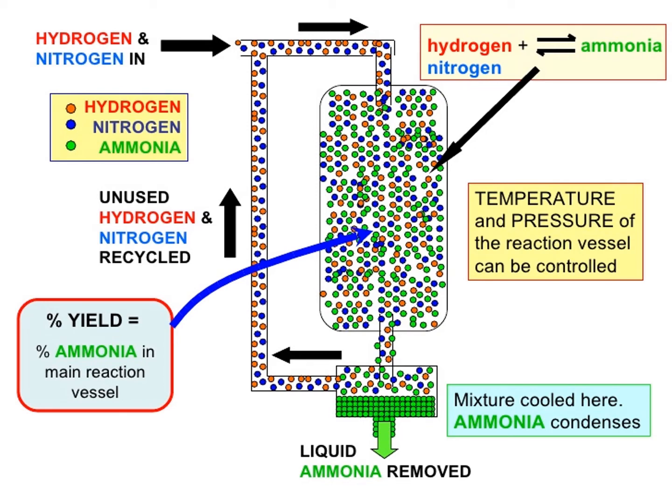Then at stage 4, the unreacted hydrogen and nitrogen and the end product ammonia pass into a cooling tank. The ammonia is liquefied in the cooling tank and removed to pressurized storage vessels. At the last stage, stage 5, unreacted hydrogen and nitrogen gases are recycled back into the system and start over again.